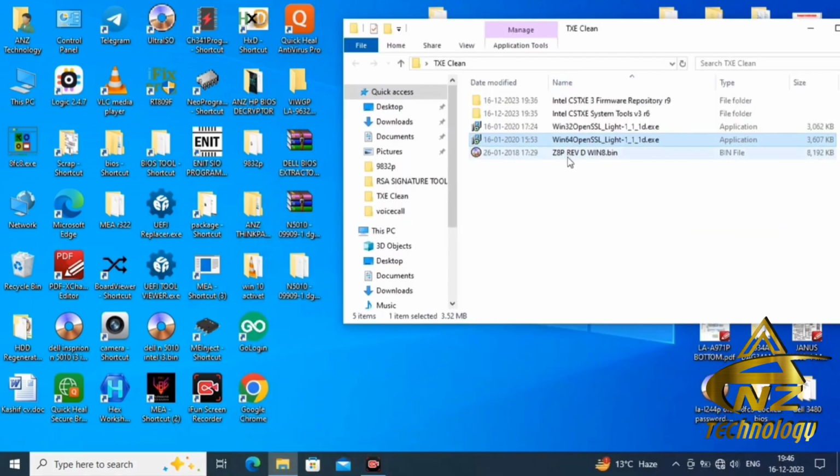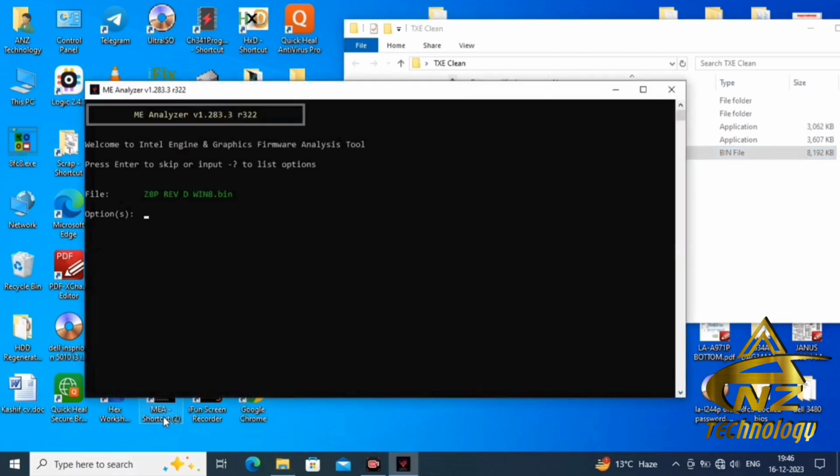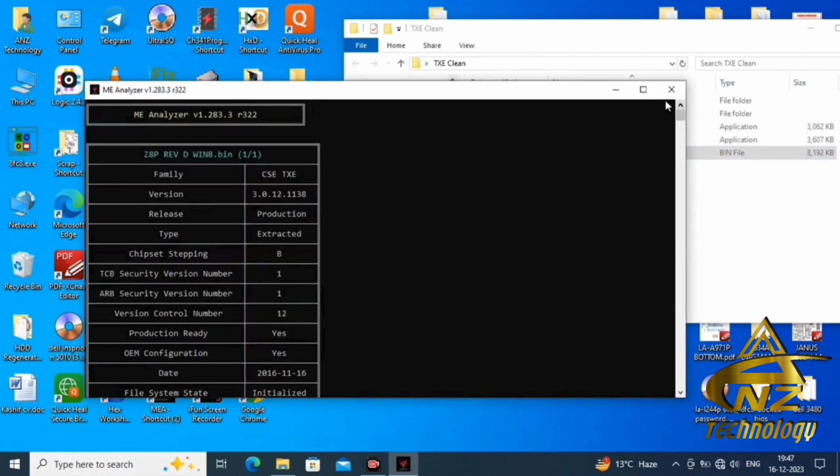So now we have the BIOS here, TXT BIOS. First of all, we will see the TXT version of this BIOS. Just drag this BIOS on the ME Analyzer. Press enter. And here you can see the TXT version is 3.0.12.1138.